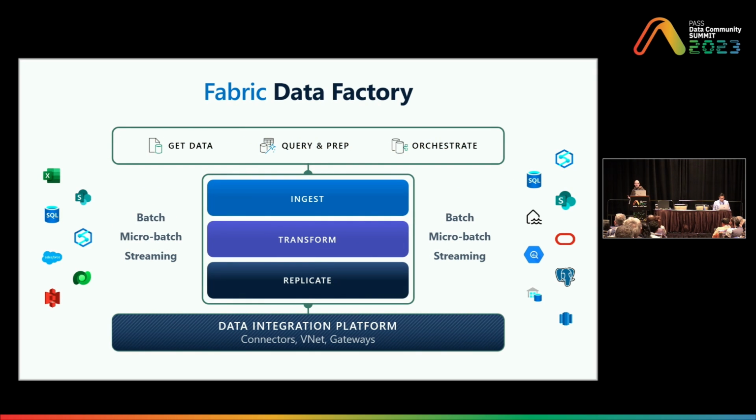This is a 10,000-foot view of the capabilities we provide with Fabric Data Factory. If we start from the left, you'll see a bunch of icons here that you may recognize as familiar. These are data sources, a sample of the data sources we support. And we support data coming in as batch, micro batch, and also through streaming solutions. And then the middle layer here is the core of the product. It allows you to do things like data ingestion, of course, data transformation, data replication. We just earlier this week announced the mirroring capabilities in Fabric, so that's also powered by technologies built by our